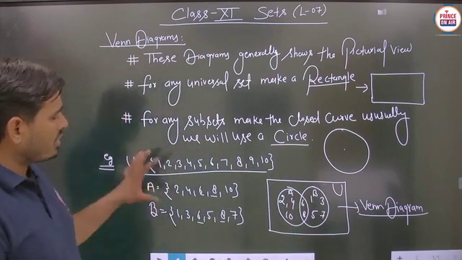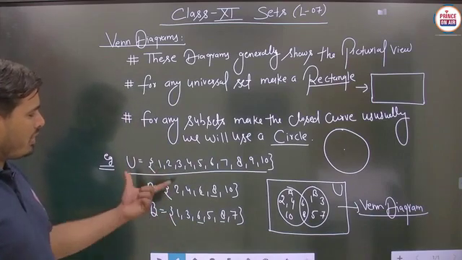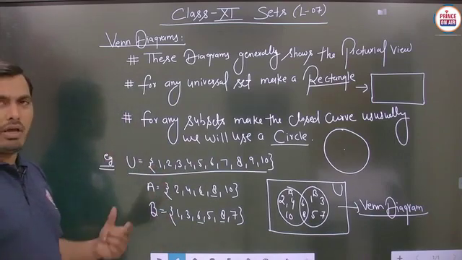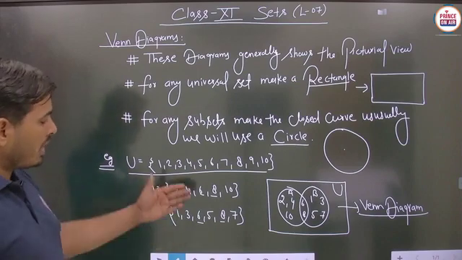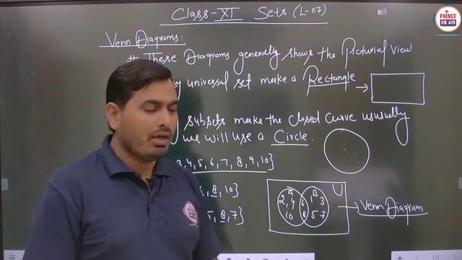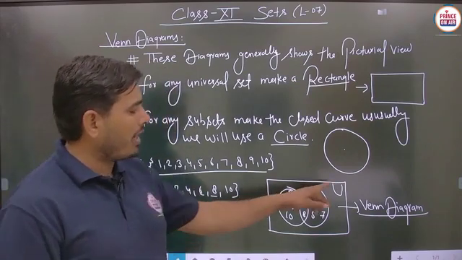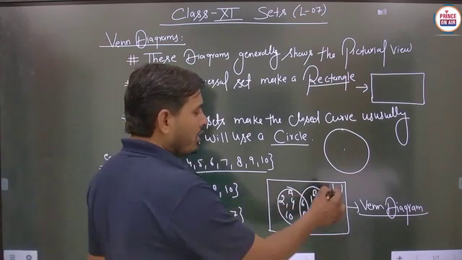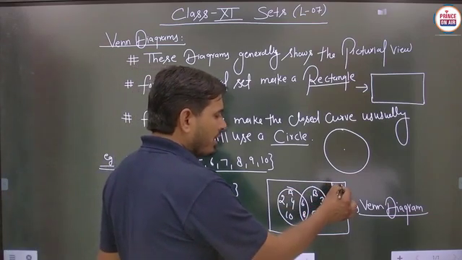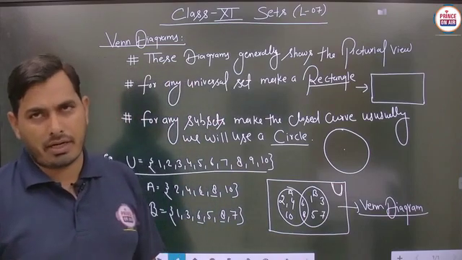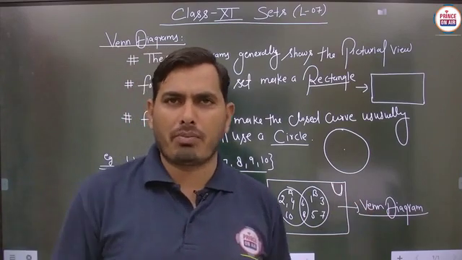And you can see this example here. In this example, a universal set is given, as well as two subsets, or sometimes more than two subsets. Then first of all we have to make a rectangle, and here we write the name of this rectangle. This rectangle always represents the universal set, where all the elements of this particular part will lie.